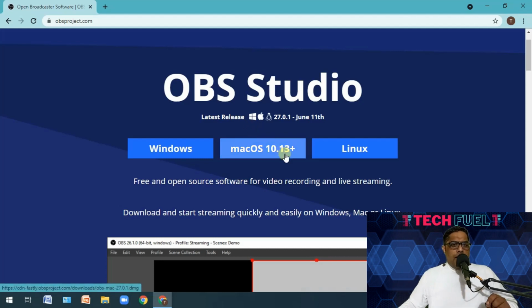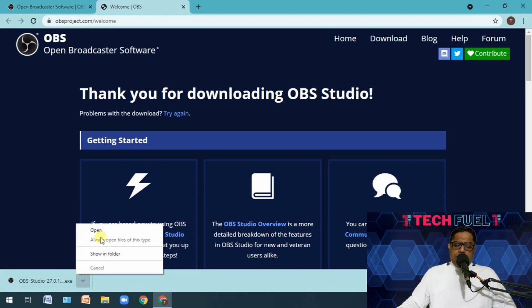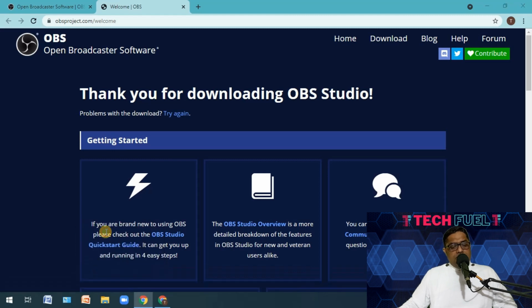Now I am using a Windows laptop, so I will click on the option Windows, and it will take me to yet another page, and the downloading, as you can see here, begins. Depending upon our net speed, the downloading will take its time, and once the downloading is over, you need to click on this cursor and either show in folder, or you can click open directly.